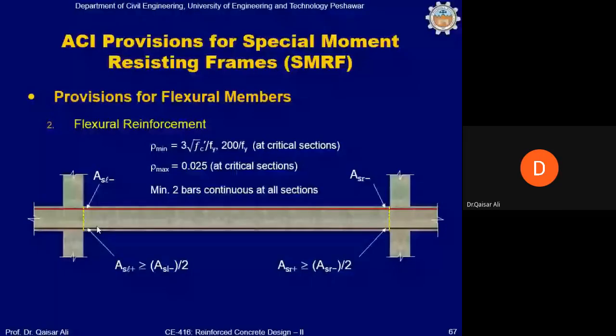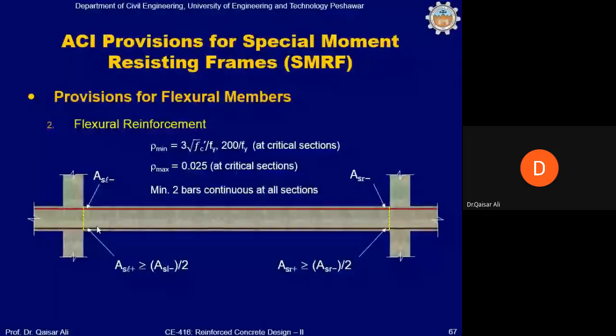Therefore, whatever area of steel is calculated from the bending moments obtained from the combined effect of gravity and earthquake loading, that reinforcement must be checked against this provision. This provision of the ACI code says that whatever area of steel has been calculated from the analysis shall not be less than 50% of the area of steel being placed on the top portion of the beam at the ends of the beam, which is the negative reinforcement. As an example, let's say from the analysis